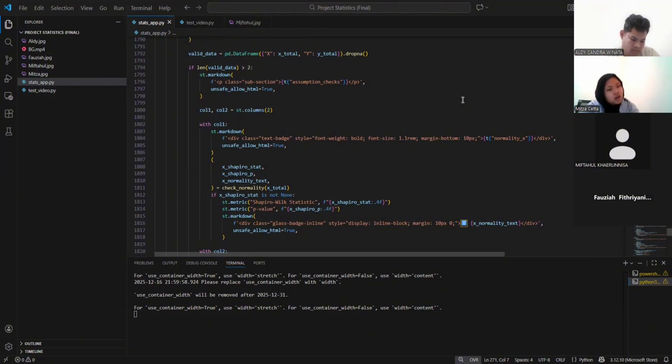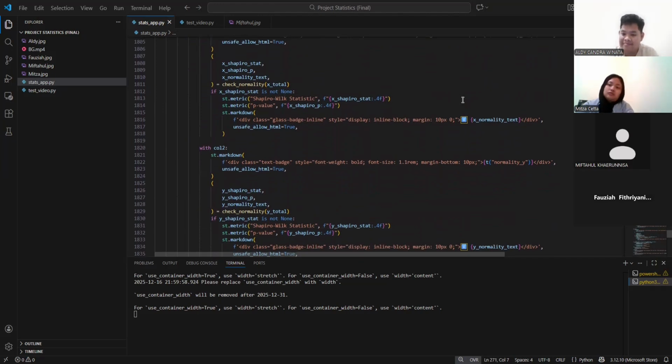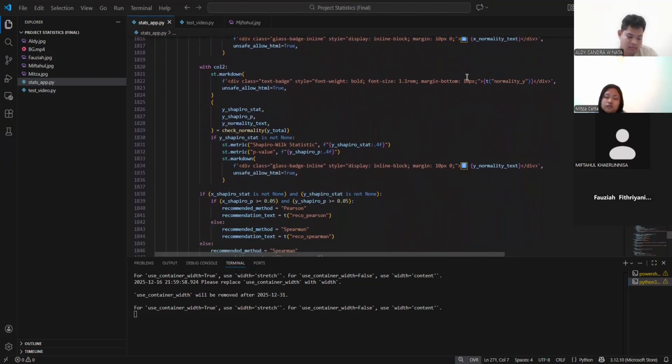In rows 1808 to 1825, a histogram for X total is generated to show the distribution of the composite X variable. Row 1827 to 1844 presents the histogram for Y total, allowing comparison between X total and Y total distribution.